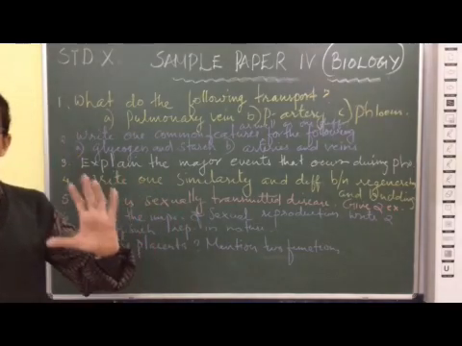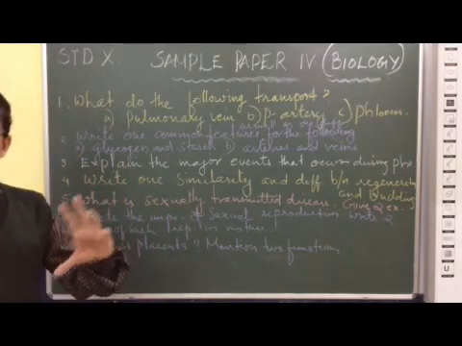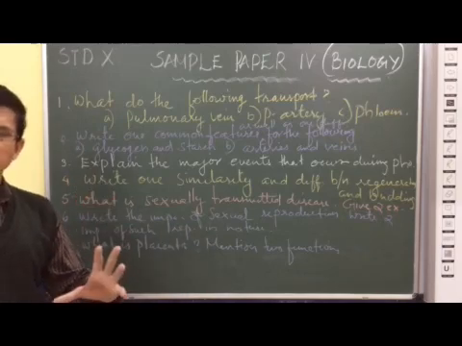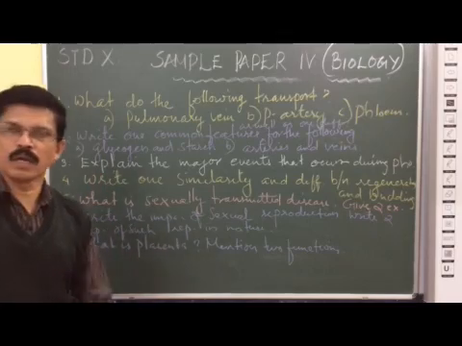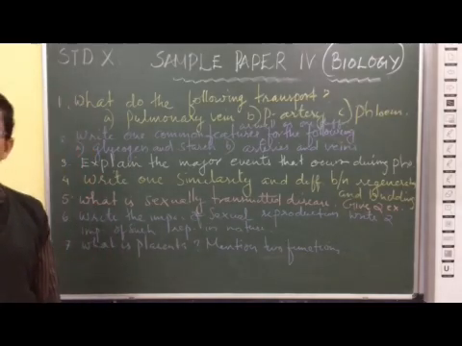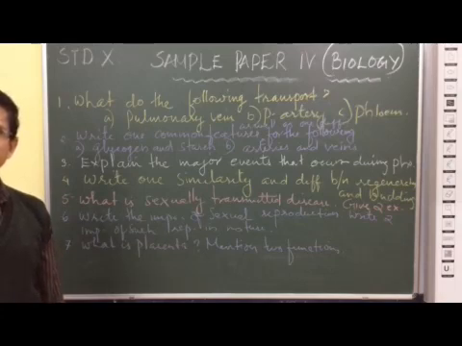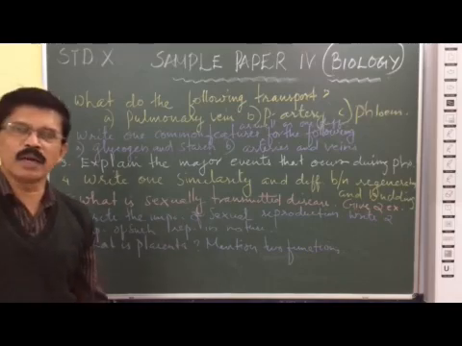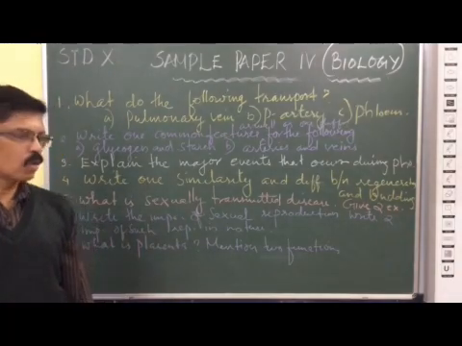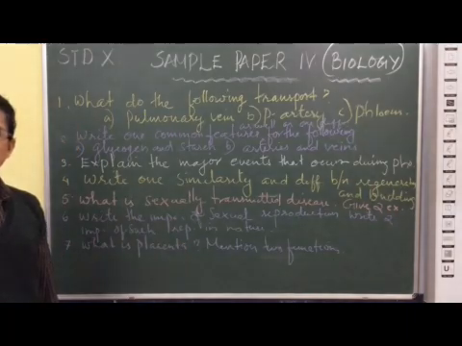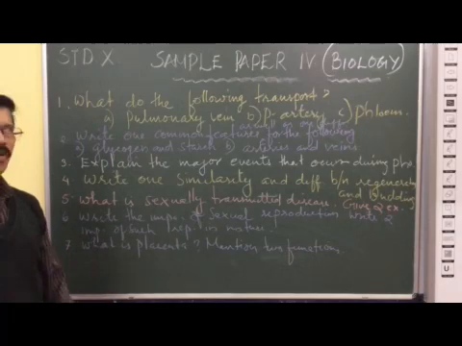The first step is the light reaction, in which the chlorophyll molecule present in the granum absorbs the light. So, absorption of light energy by the chlorophyll molecule present in the granum. Now the second step: in the presence of this light energy, light energy is used for the formation of ATP and NADPH or NADH2, which are formed in the granum.